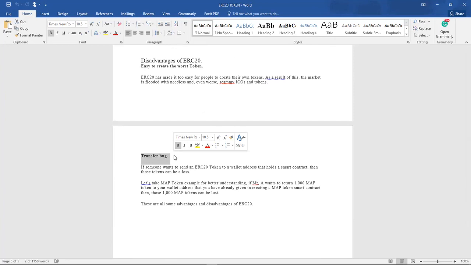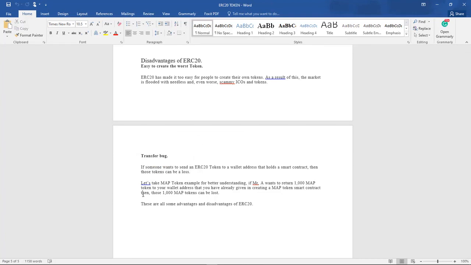So there is a list of other tokens which are coming up: central bank cryptocurrencies, and also what they call stablecoins. Stablecoins are basically ERC20 tokens which are backed by another currency, either a fiat currency, that is the USD, or other cryptocurrencies, like what Dai is all about.